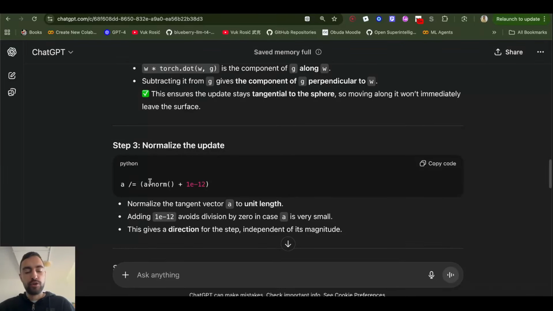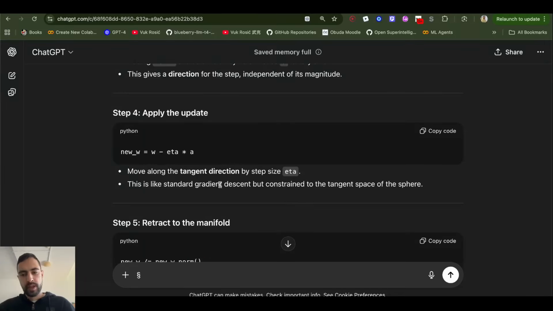In the next line of code, we will normalize to make this direction vector, the tangential direction vector on the tangential plane, have unit length. And this small number is just to avoid division by 0. And then this eta is the learning rate. So we will multiply our unit vector with the learning rate to get a vector that has the direction of our direction vector, but has a magnitude or length of the learning rate, which is a lot smaller,